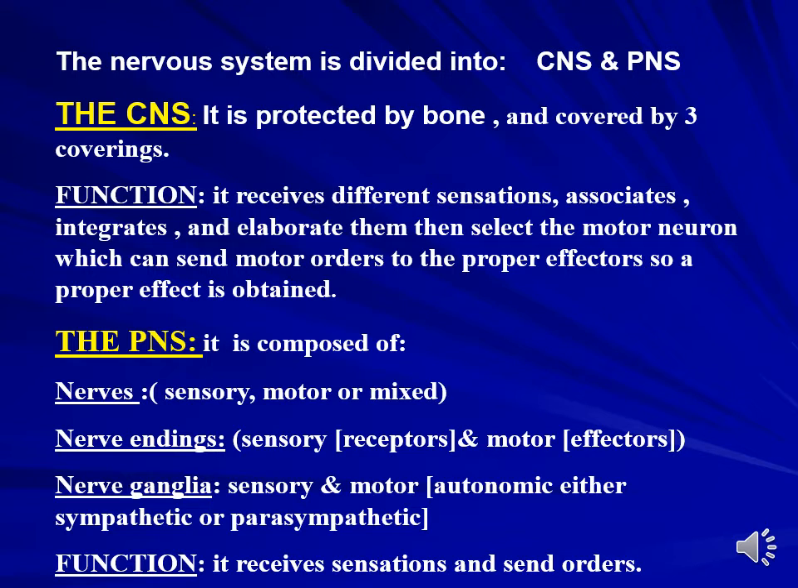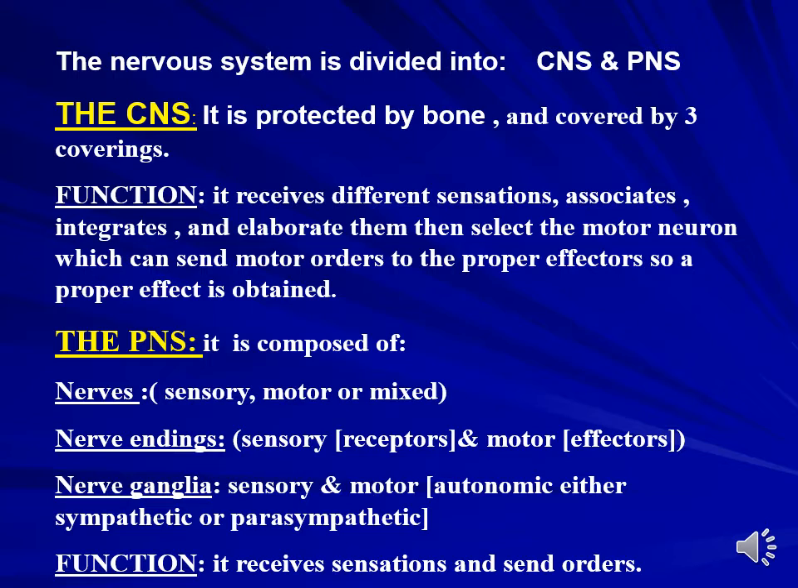The nervous system is divided anatomically into the central nervous system and the peripheral nervous system. The central nervous system is that part of the nervous system that is protected by bone. I mean that the brain is protected by the skull and the spinal cord is protected by the vertebral column. And the central nervous system is characterized by being covered by three coverings, or meninges: pia mater, arachnoid, and dura